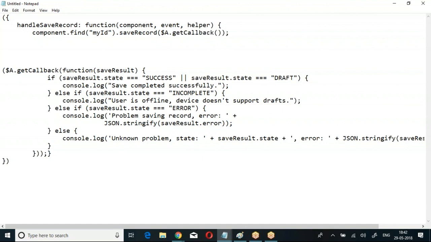So generally what we are going to do? setCallback. But here the database operation has happened. Now I am calling getCallback, get the callback. So when you say get the callback, what am I going to get? Look at the point: component.find my ID.saveRecord. After saving the record, get the callback. When you get the callback, I'm going to get the save result. Once you got the save result,